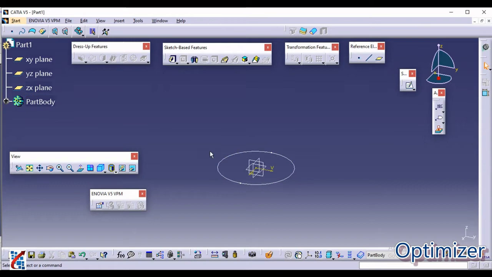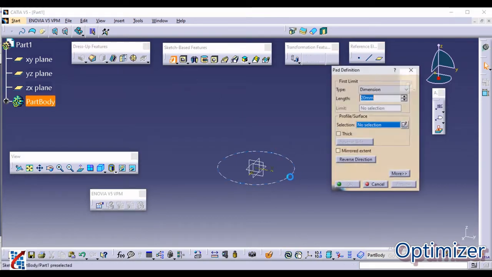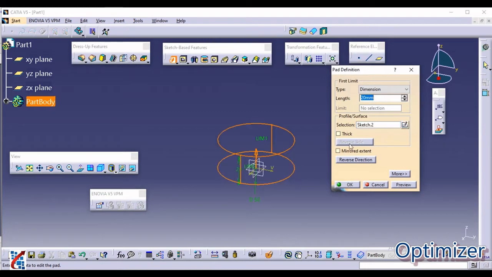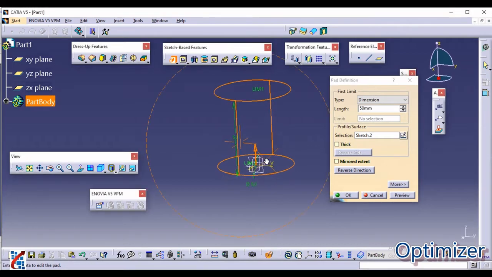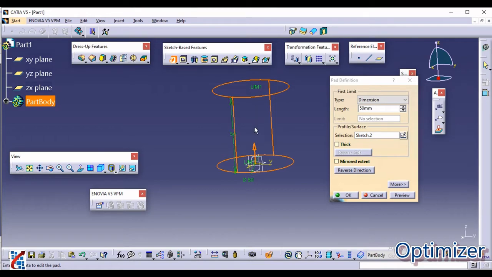So here you have drawn a sketch, only a circle, and you want to add a third dimension to it. Correct? So I am going to select this Pad, and then I need to select the circle like this. If you just see, when you click on this Pad, this dialog box will open. There are different types of pad, so you will see them one by one. Firstly, you select Dimension and Length. Here you can mention 50. So 50 mm is the dimension in this direction. If you just see, the direction is shown. So in this direction the 50 mm of material will be added.